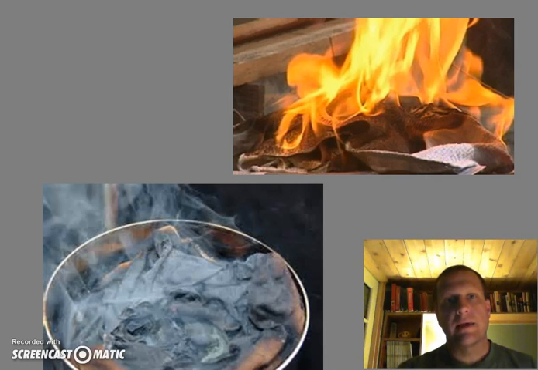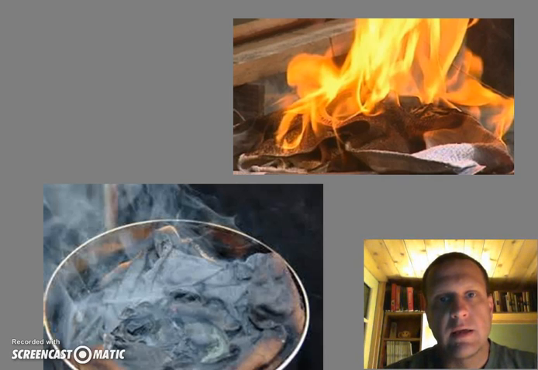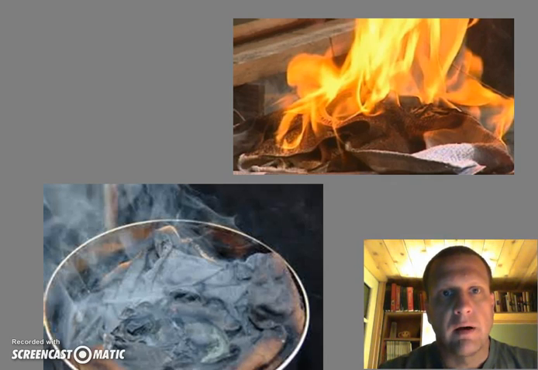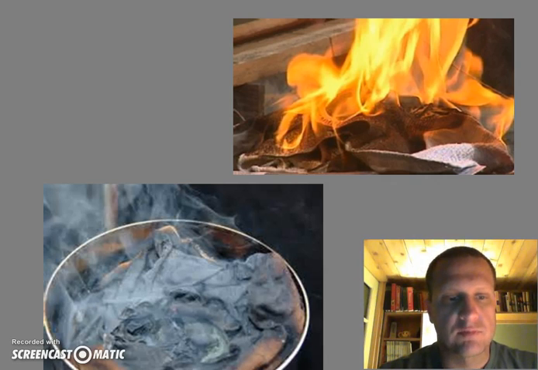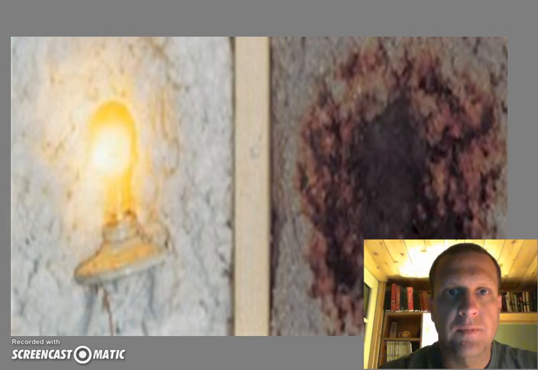The third thing that we might get as a product of combustion is light. Not every fire has flame, not every fire has light. Most times it does. But remember, a smoldering fire or a non-flaming combustion, something could be burning, but there is no visible light. These smoldering rags are an example.